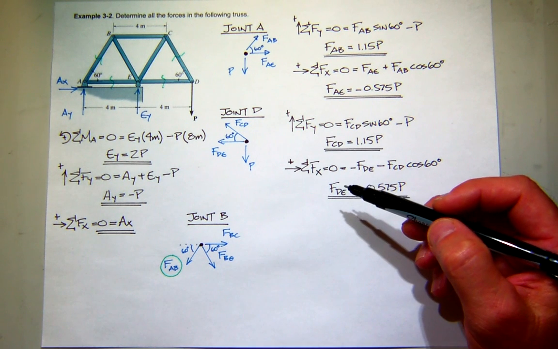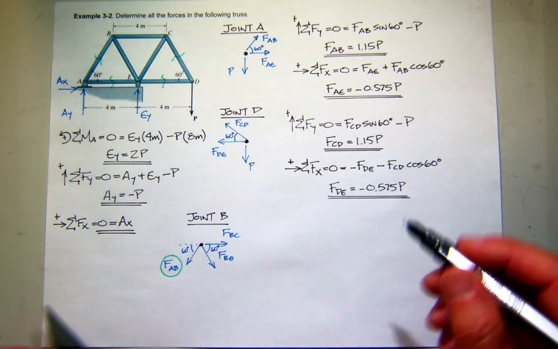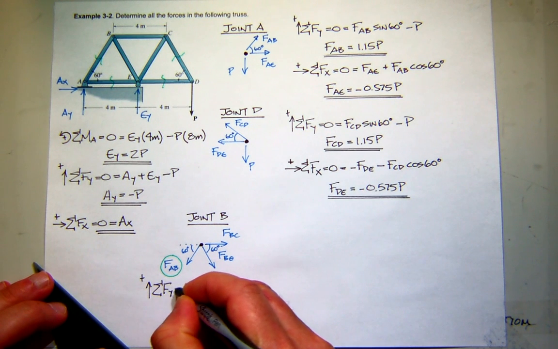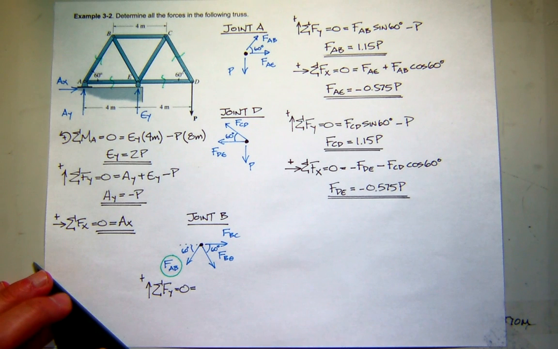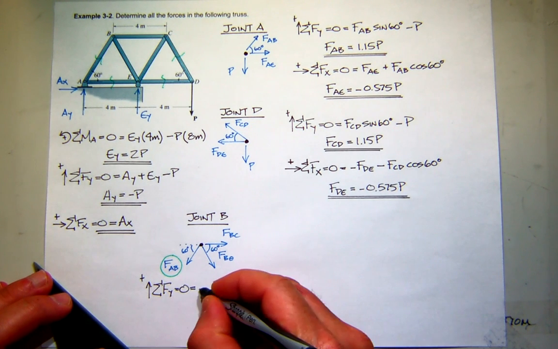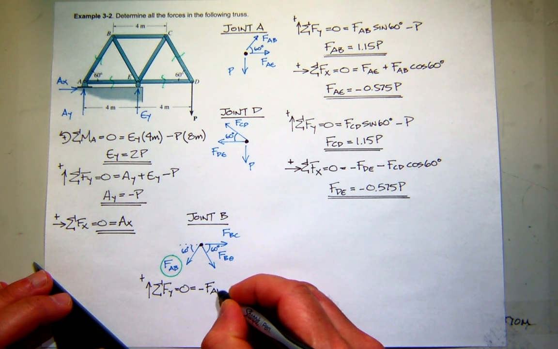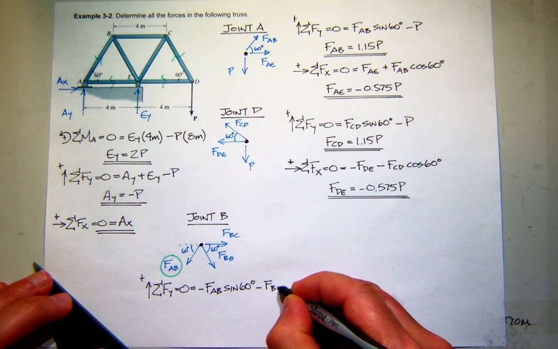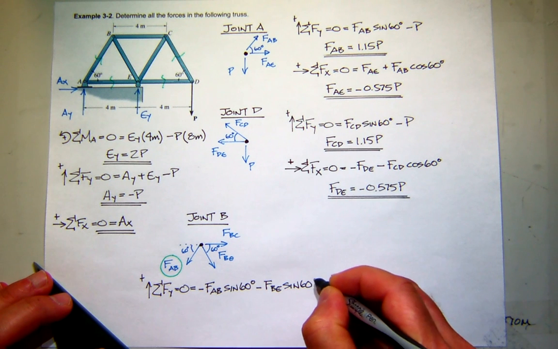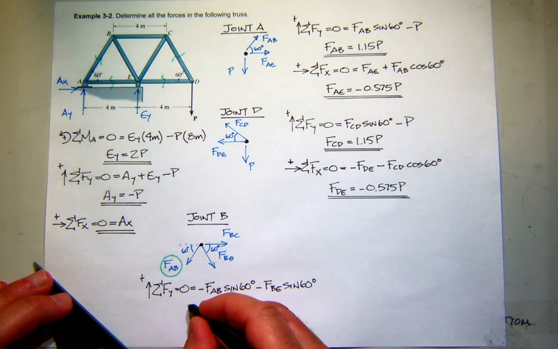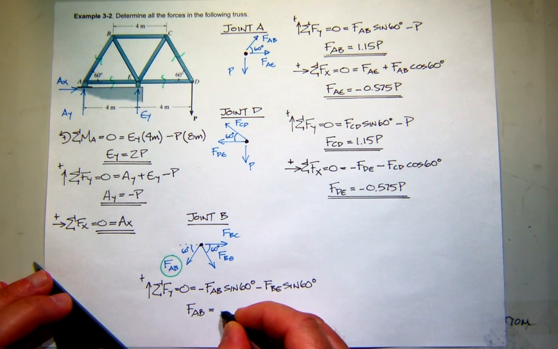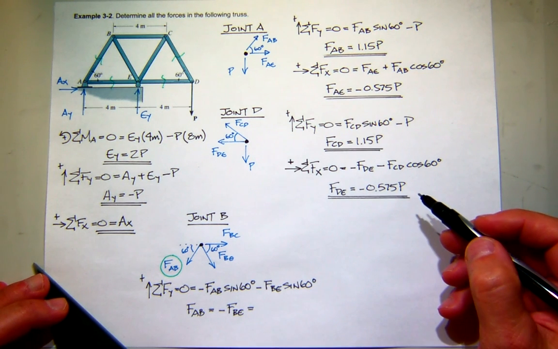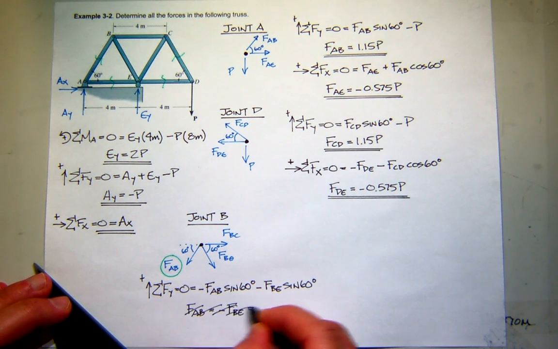So what should I do? Sum forces in the y direction. So I'll assume up is positive. So looking at the y components, both my forces have y components that are negative. So I'm going to get minus FAB sine 60 minus FBE sine 60. Well, cancel out the sine 60s. It just says that FAB is equal to minus FBE, and, no, I'm sorry, I got that backwards. I'm solving for FBE